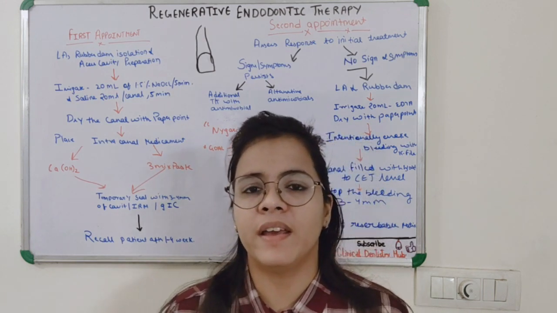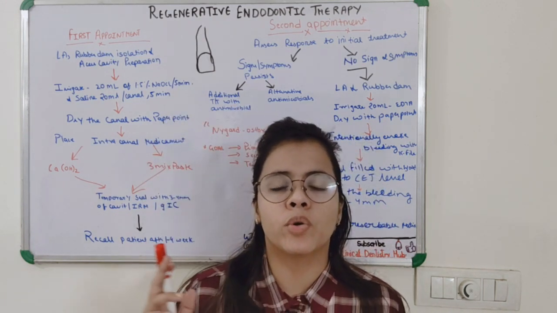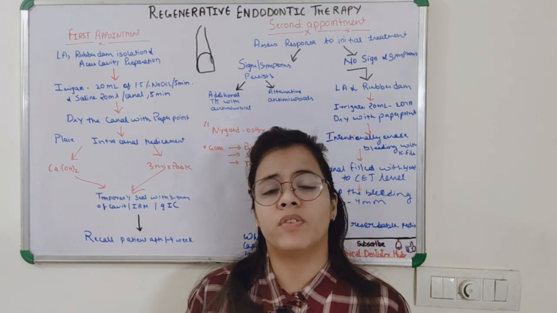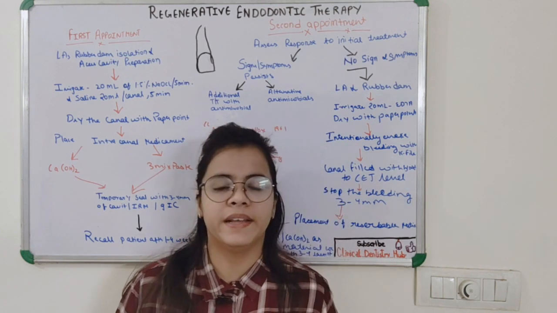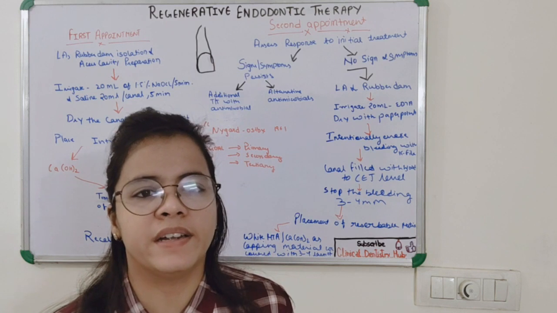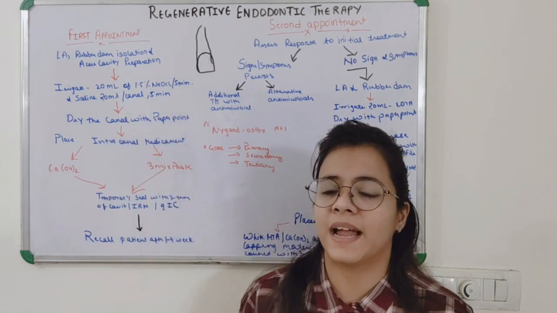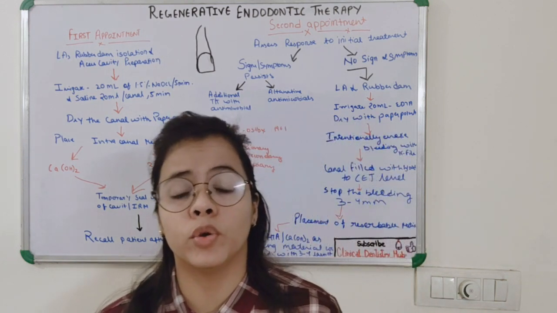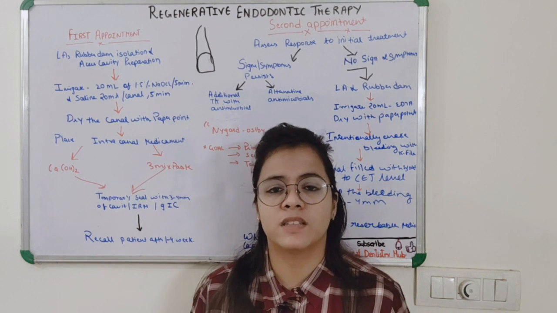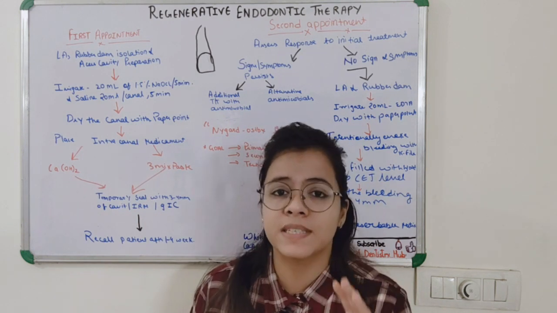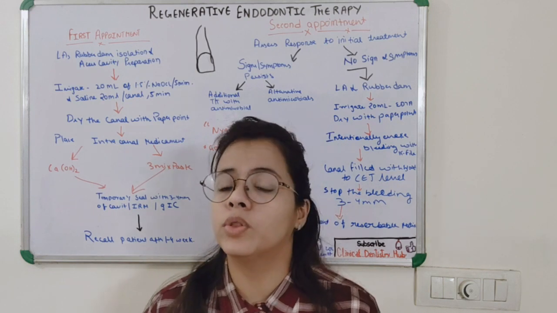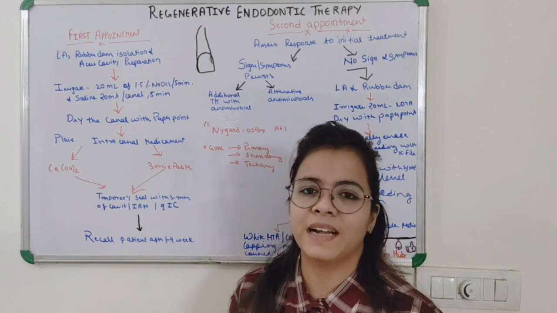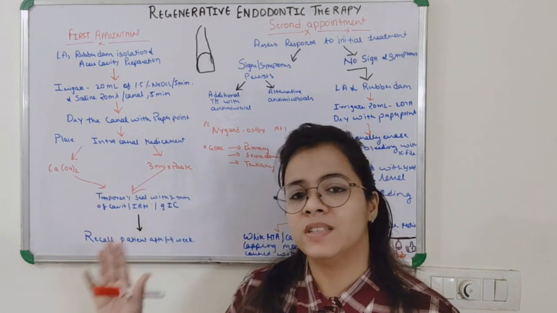Whenever you see a case of an immature root apex, in those cases you have to do it. Whenever you see a case of a non-vital tooth, that is the basic indication for regenerative endodontic therapy. The first indication says that whenever you have a tooth with a necrotic pulp or a tooth with an immature apex, in those cases you have to go for regenerative endodontics. Plus you have to keep in mind that the tooth in future need not undergo post and core treatment. In that case you can go on with the regenerative endodontics.